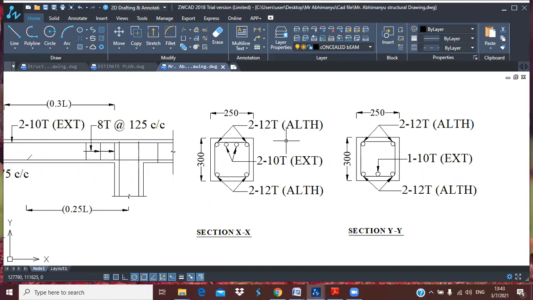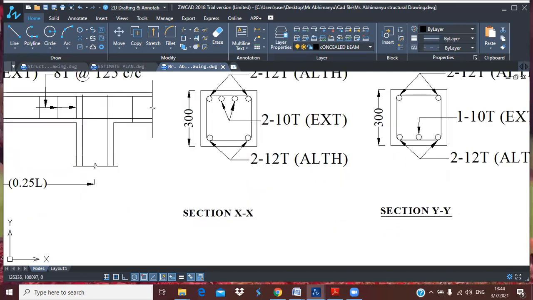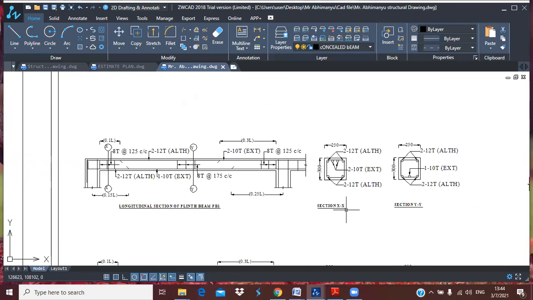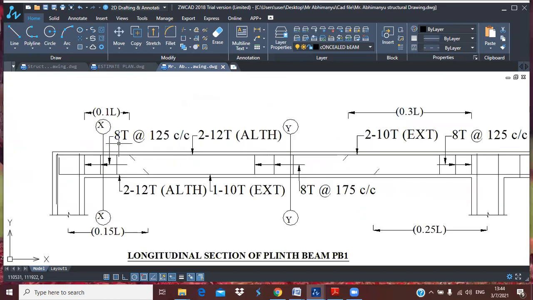And next is your extra bar. Everybody knows that in a beam, or in any slab, we provide extra bars. So this is your extra bar. This is the section XX. If you cut this beam from this portion, you will see these rings and the top extra bar.